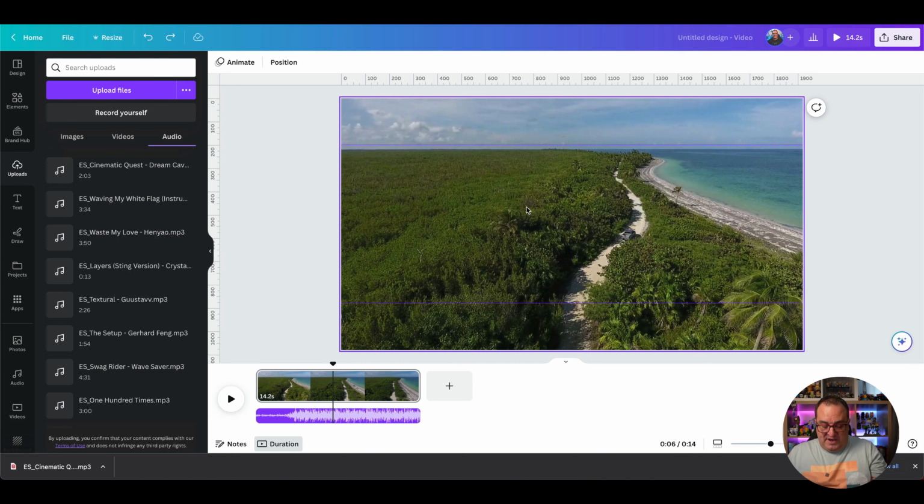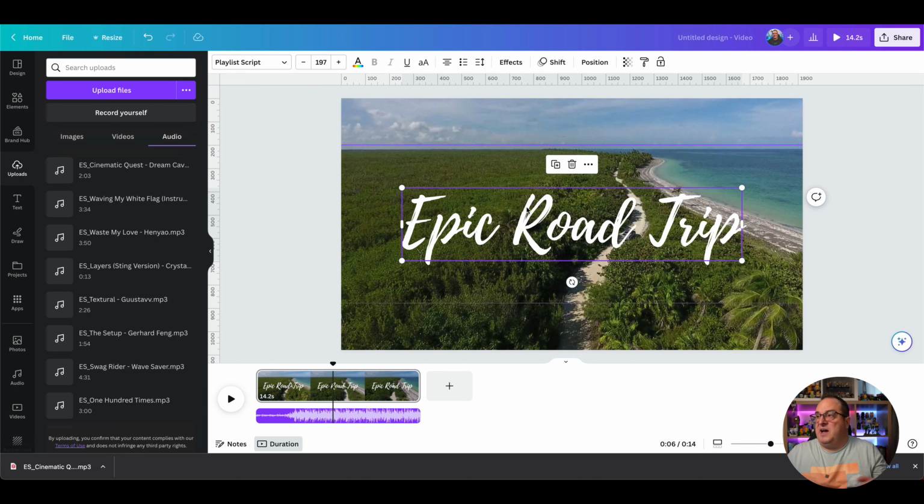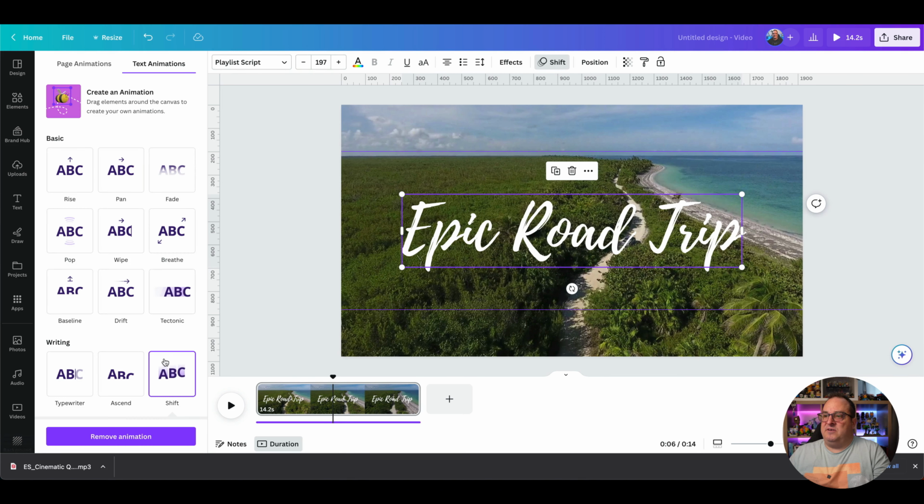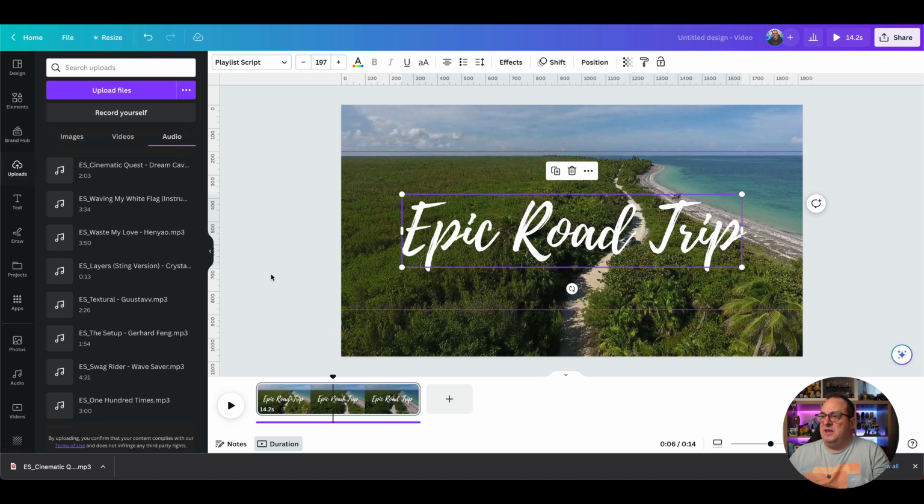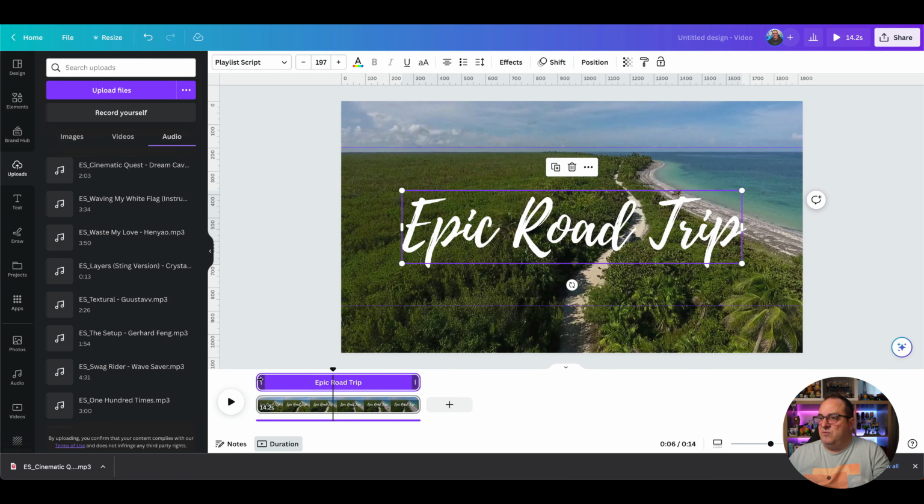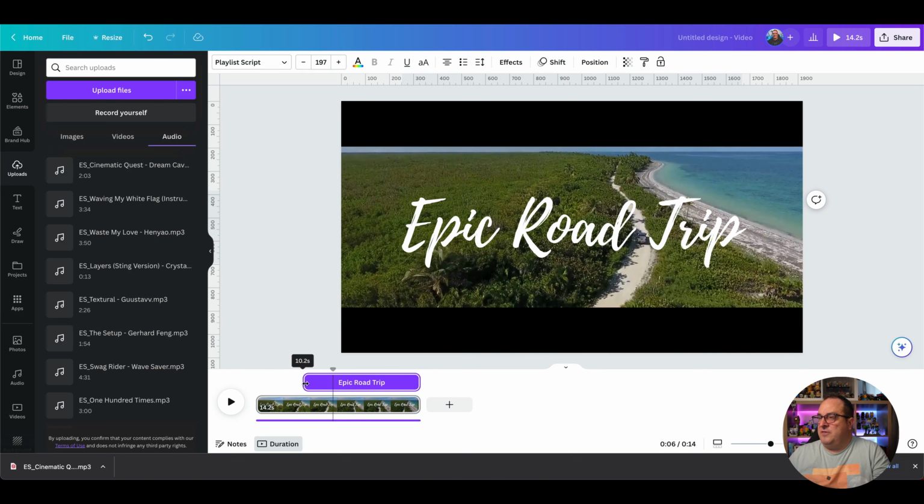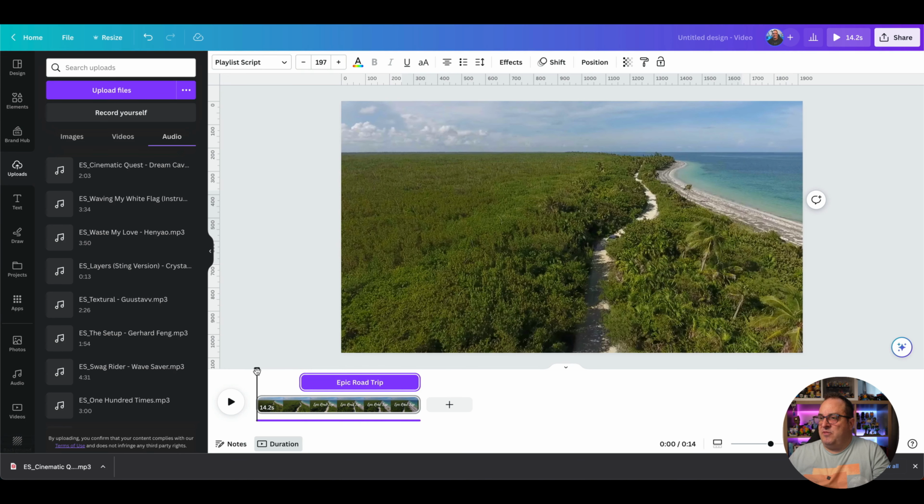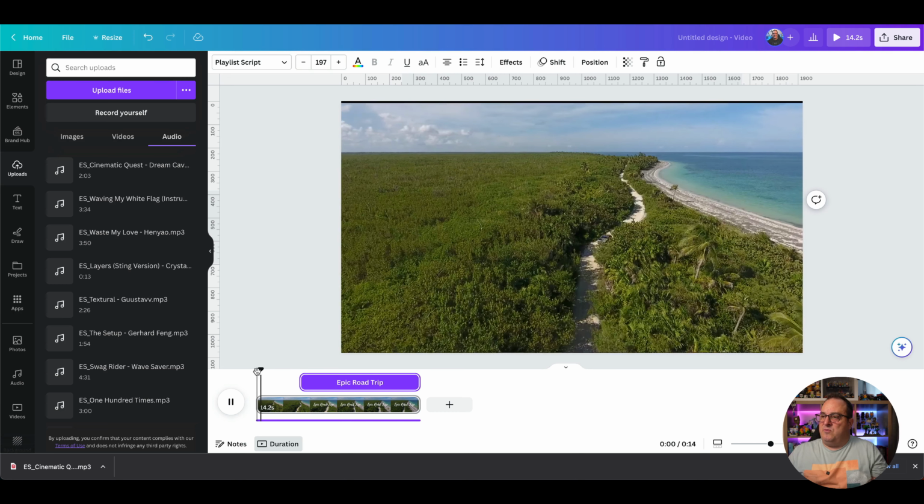I'm just going to copy in and paste that from one that I prepared beforehand. So this font is Playlist Script, and I've just added an animation on there. I've just chosen the shift animation, and I can come in, click on the three dots, show timing, and I want this to come on where the bars have finished coming down. So I want it to come on about there. So now when I play this back,